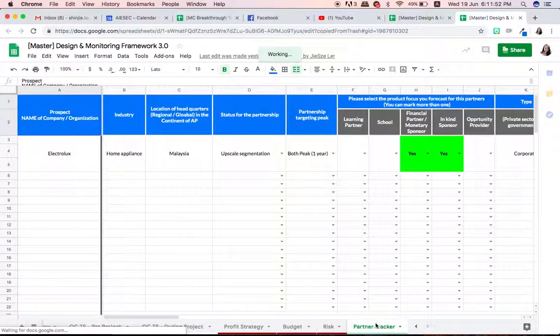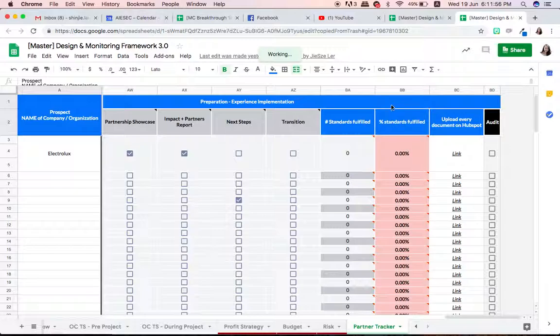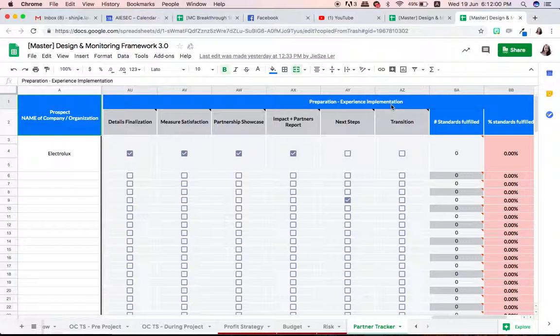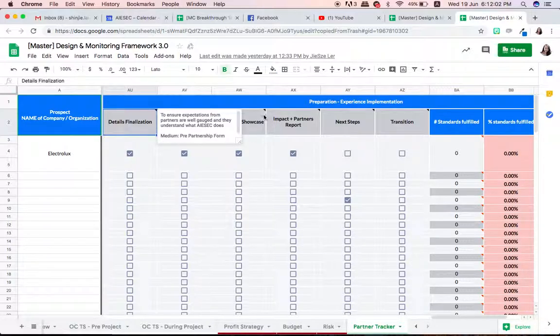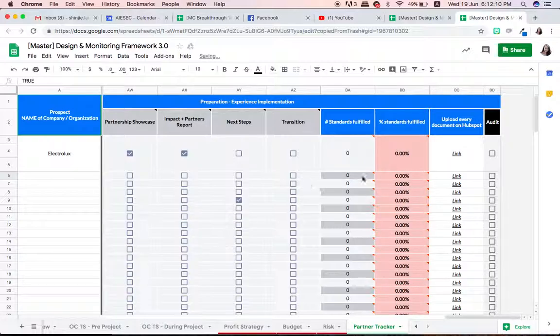So it's the same, you go to partner tracker and then you go to the end of the partner tracker. If you can see, we embed one thing called preparation until experience implementation. Inside, we already put down all the standards that need to be fulfilled, details, measurement, and every single thing. So once you are done, make sure you put a click in your DMF and then eventually it will show you standard fulfillment. Okay, lastly, the most important one, make sure everything is uploaded to your HubSpot account.